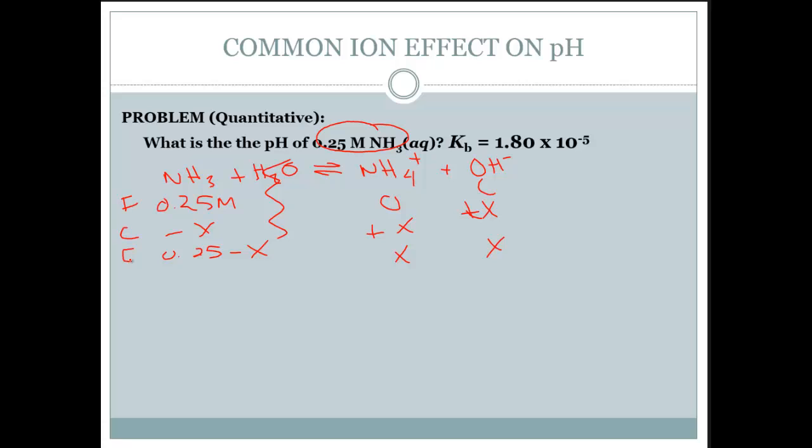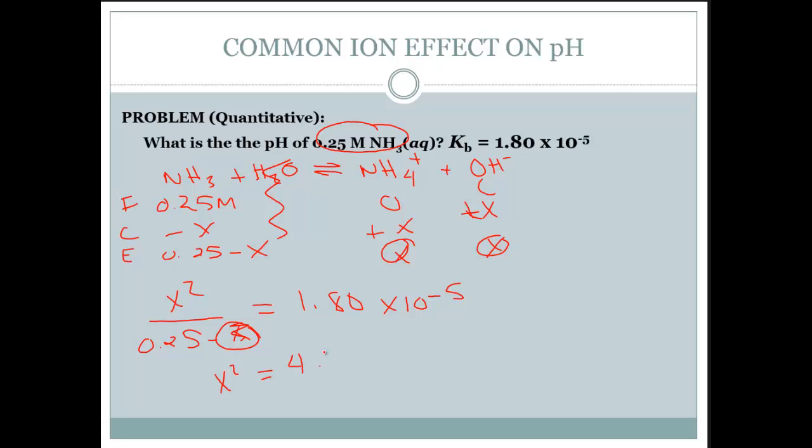Initial, change, equilibrium. So let's set that equal to our equilibrium constant. So x squared, x times x, over 0.25 minus x, the products over the reactants, is equal to 1.80 times 10 to the negative 5. We're going to assume that this x here goes away because the amount that's being dissociated or ionized is minimal. We're going to double check this at the end. So first thing we want to do is cross multiply. That gives us x squared is equal to